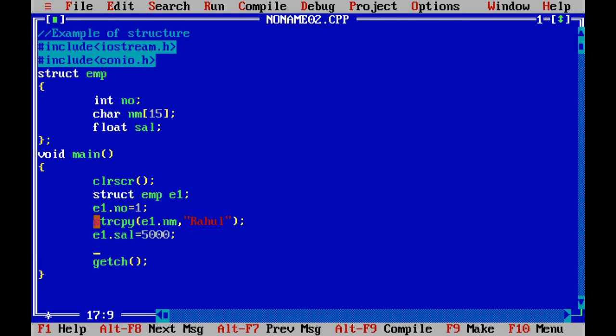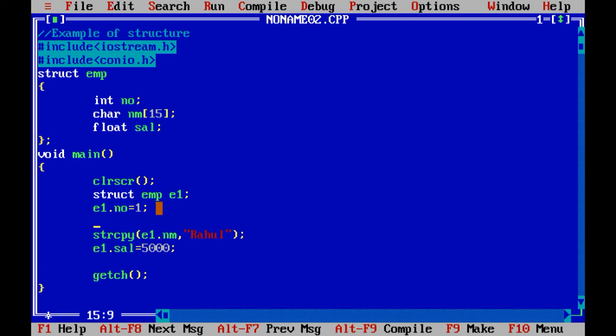Let me clarify this line once again. Rahul is character data, so it is better to use the strcpy function. The strcpy function is such a kind of function which is going to store the string data into the variable. So this is the e1.nm in which you are going to store Rahul.